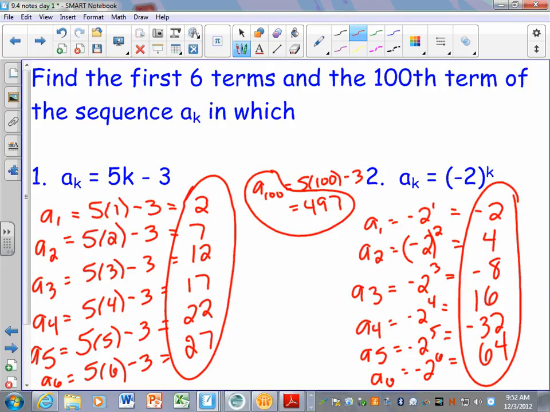What happens on this one when you do this in your calculator? The 100th term. Does it work out? Does it give you an answer? Like it gives you in scientific notation because it's such a big number. When you try to find the 100th term of this,